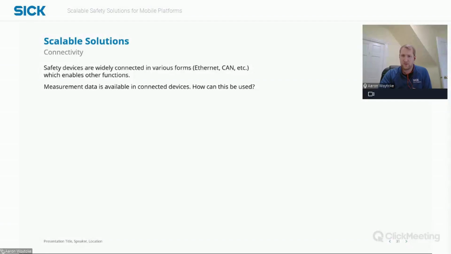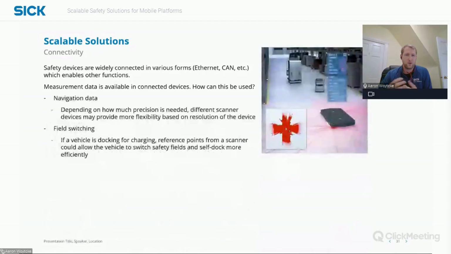So if we consider measurement data, let's look at how it can be used. So again, I'm going to use a Microscan 3 as an example. And if it's connected via Ethernet, this measurement data can be used a couple different ways. First, it could be navigation data. So depending on how much precision is needed, different scanner devices may provide more or less flexibility based on the resolution of the device. But from an application standpoint, if you use a safety device, not only for safety, but also for navigation, you can use this precise navigation data to allow higher speeds of the vehicle